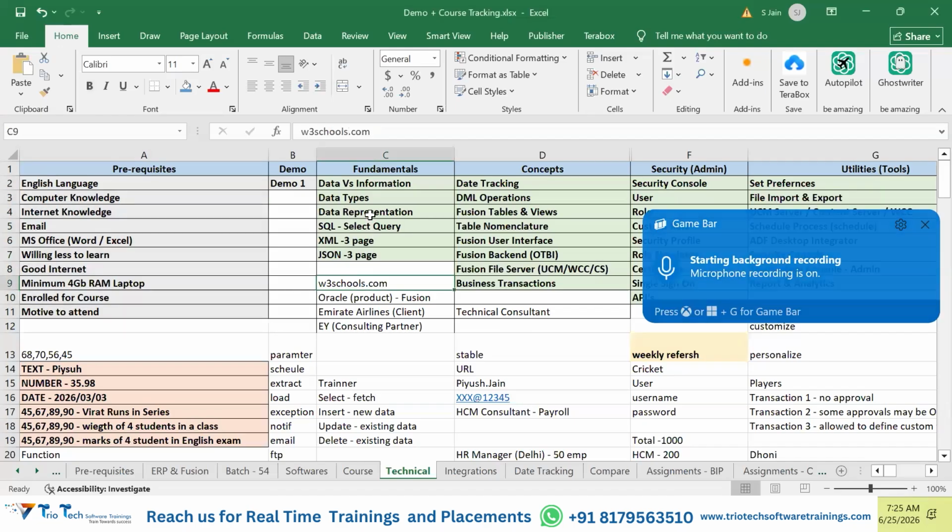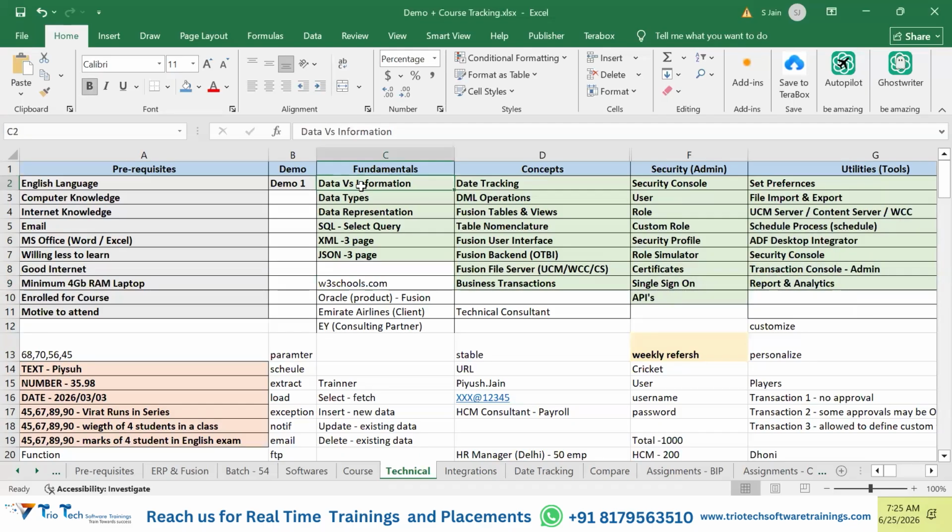Okay. So guys, following that, we understood the difference between data and information. We understood different sorts of data types. We understood the different ways that we can represent data. The data can be saved and represented in a database format, or it can be saved in which format, guys? File-based format. In the Fusion application, how and where and which kind of techniques are used to save the data? What are we using, guys?